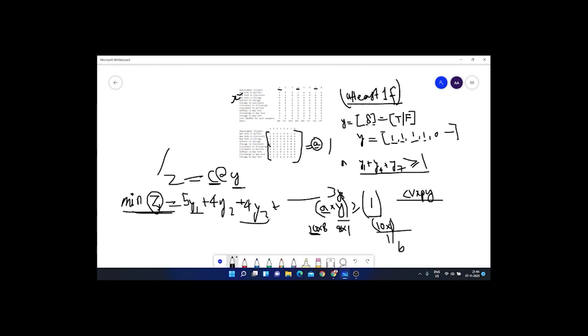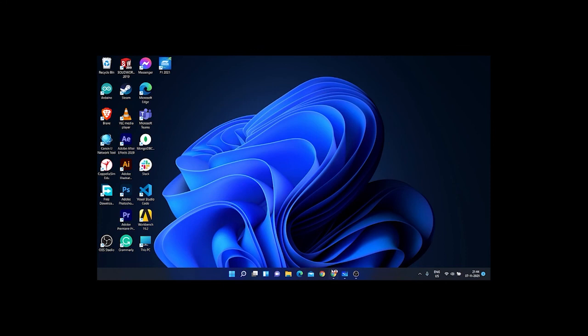This is the meaning of this, or you can take it as c is a row vector and y is a column vector, then it is matrix multiplication. So this is our objective, to minimize c at the rate y. The constraint is that A at the rate y should be greater than or equal to b.